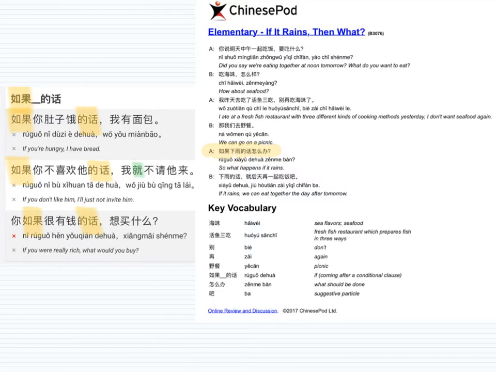So you can see we've got the 如果的话 in there. 如果的话. Just another example of how you can bring it into conversation. You'll notice there's no 就 there, similar to some of the sentences on the left. It's not essential that we need 就 if it's obvious that it's a consequence.